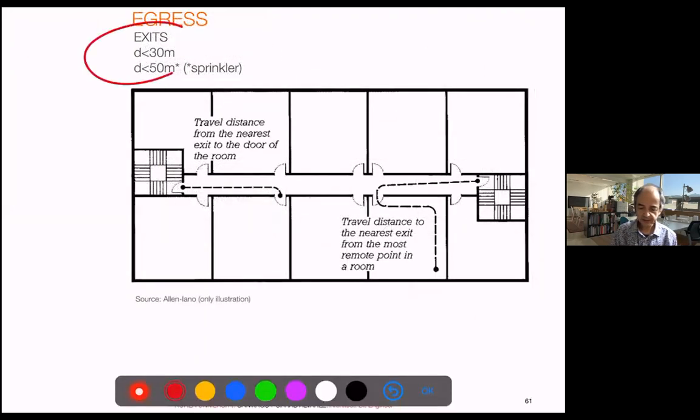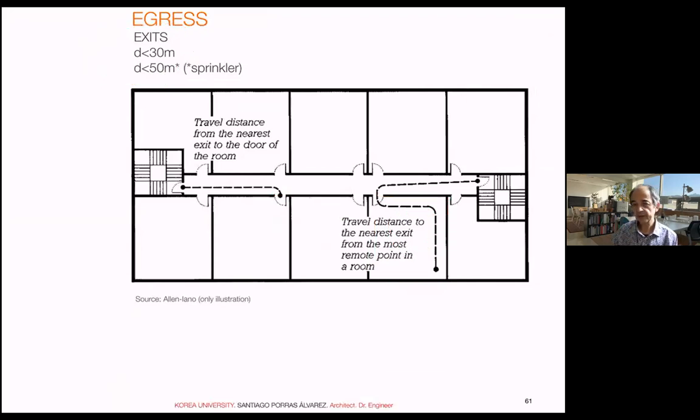Then this is the basic distance we commented on before. We don't need to insist. Only when we have this kind of open office space or larger spaces, you may be required to consider the distance from the room. But usually we consider the exit of the unit. For apartments and hotels, usually it's the room, right? In offices, it depends on the size and the codes, of course.